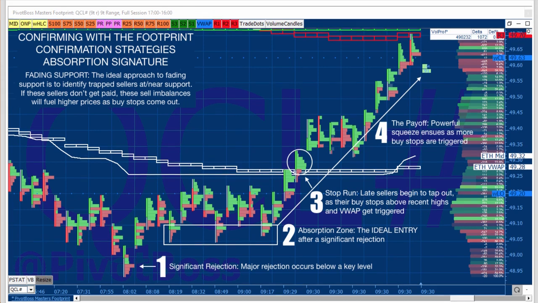So that's the last example there. Those are three types of examples here that we looked at. Absorption signatures, we had major rejection as well from a previous failed high, failed range expansion with an absorption signature, and we also had just a general buy the dips type of opportunity. Selling the rips would be the same, just flipping the participants.